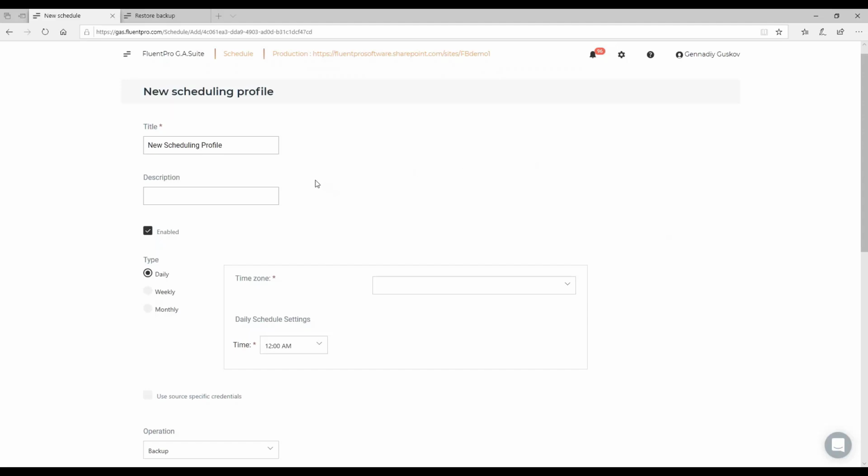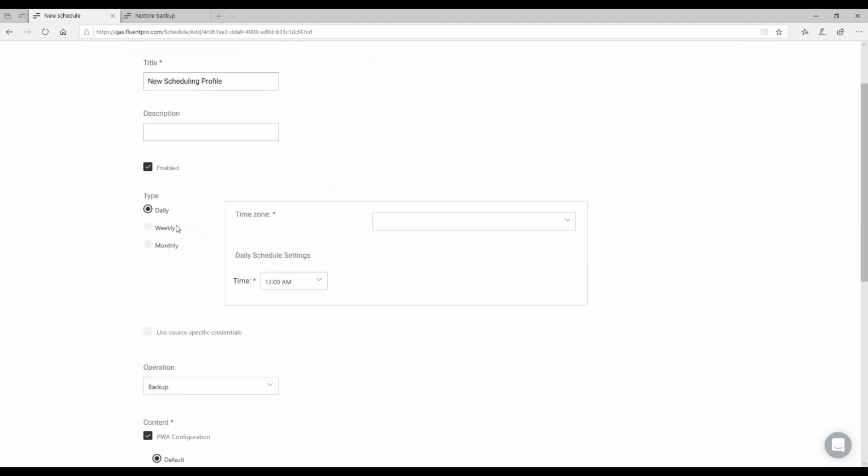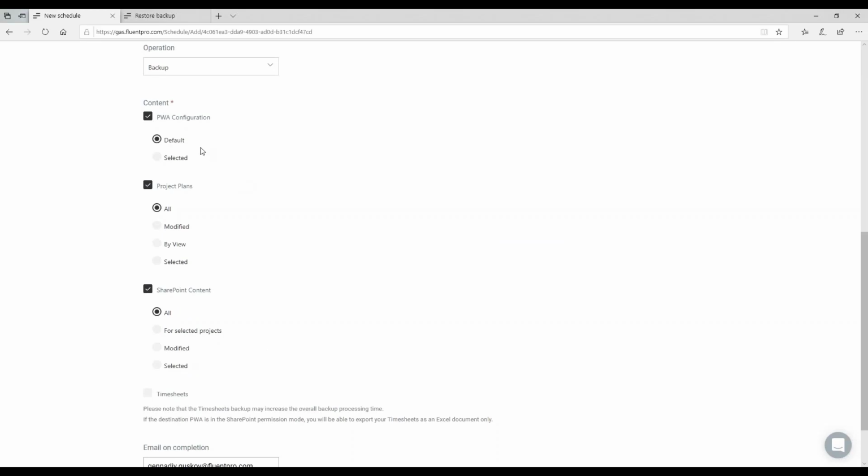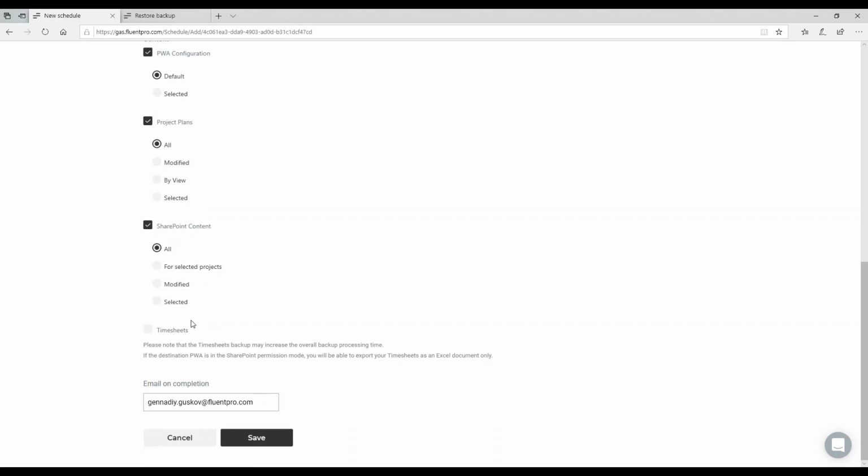When you are scheduling the profile for the backup, you can do that for daily, weekly, or monthly, and create an appropriate configuration for it. That would allow you to include any of the content supported by G Suite. That could be the PWA configuration, your projects, your SharePoint sites, and also